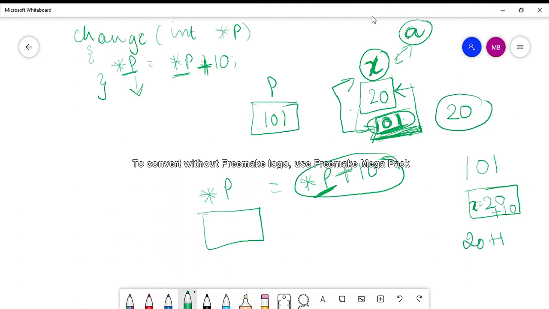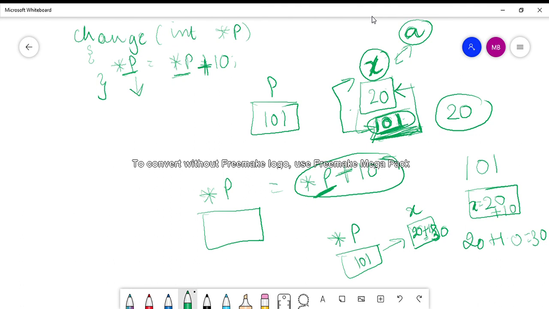So whatever value is stored at this particular memory location is now increased by 10. If it is 20, it will become 30. So now these changes will be reflected in main also.